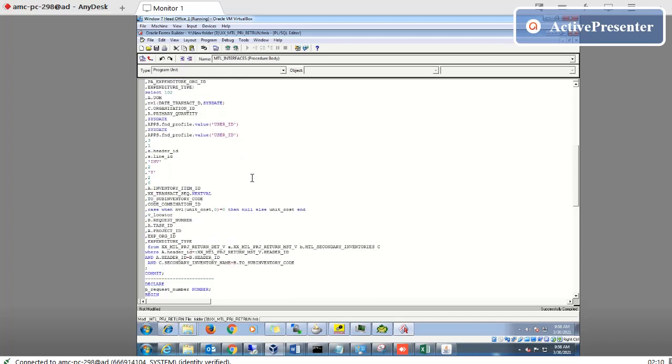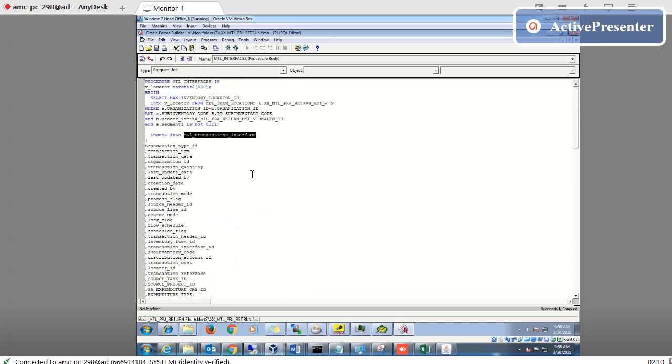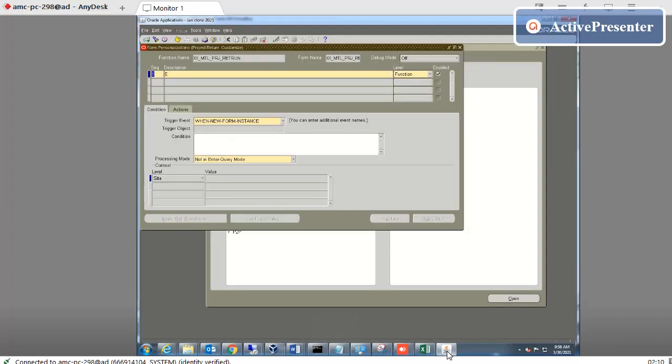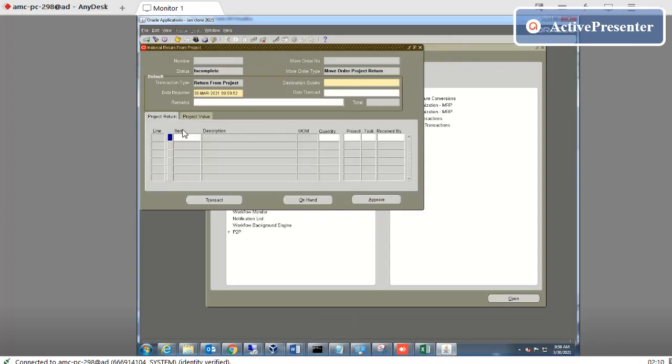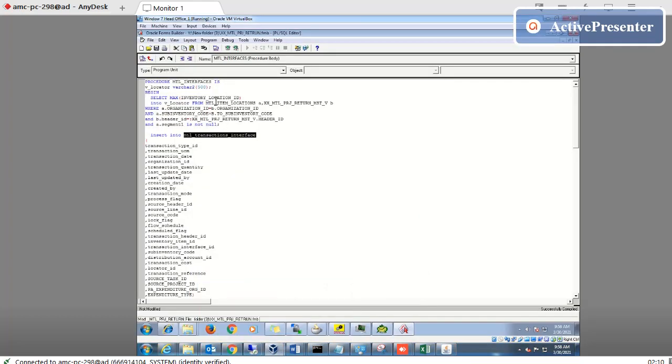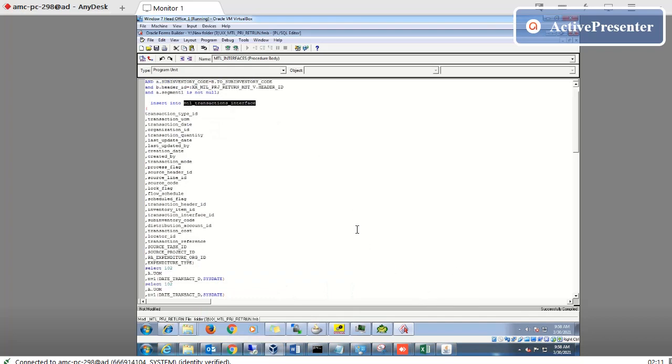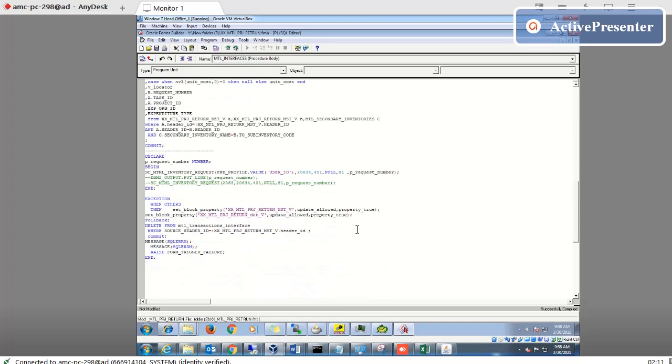The system will insert the data of the following item in the MTL interface table. Okay, this is one thing. After that, we submit automatically.